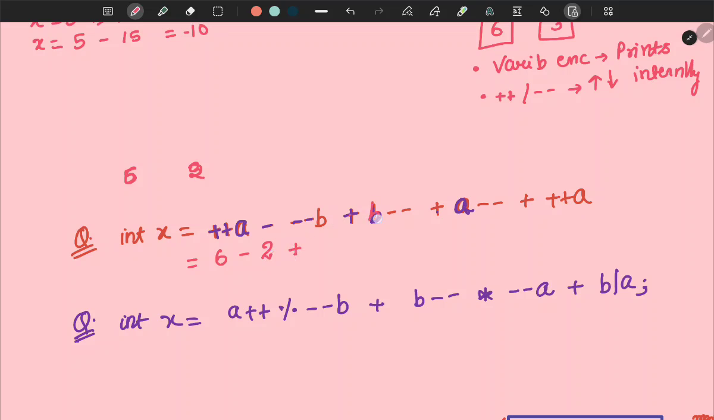Again it saw b first, so the value of b is 2. And later it saw minus minus, so the value is 1. Plus it saw a first, so a is still 6, so you will print 6. Later it saw plus plus, so internally the value will become 7. Then it saw plus, so you will write plus. Then again it saw plus plus first, so internally the value will become 8. And then finally it saw